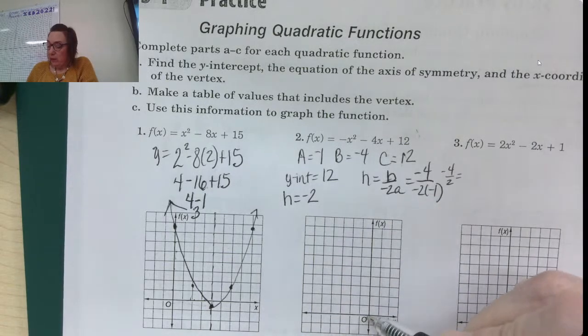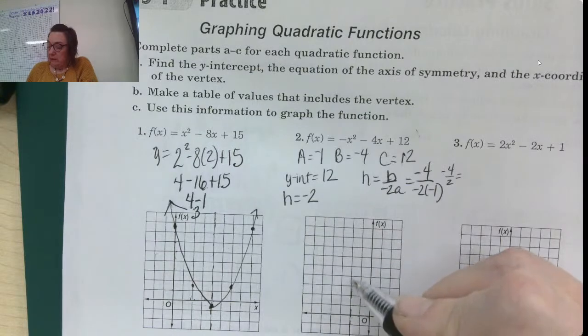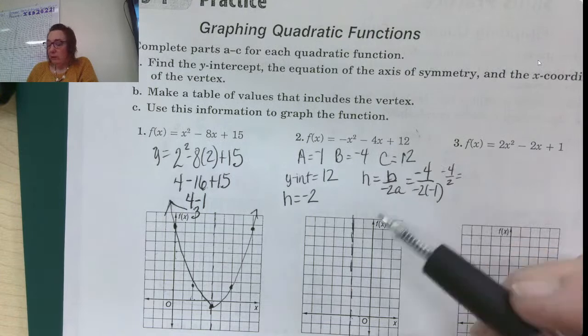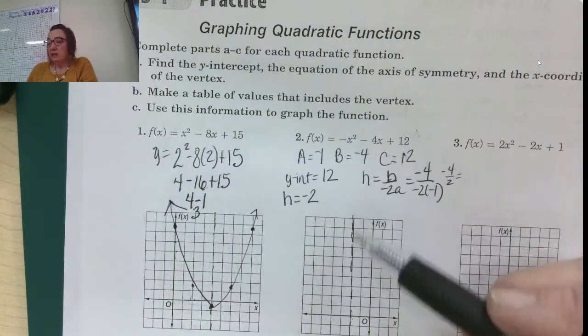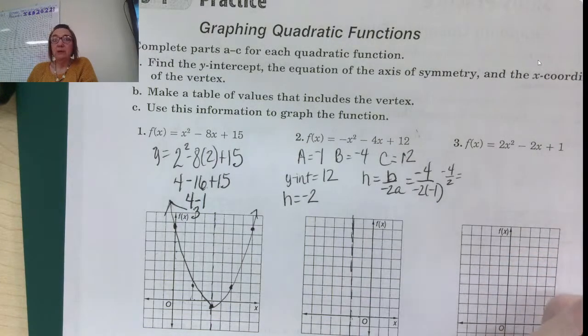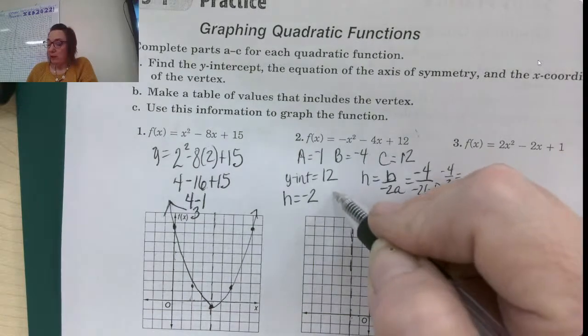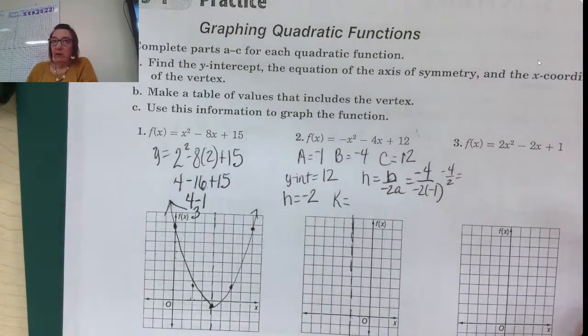That means if we go over this graph to -2, that's where our axis of symmetry will be. And our vertex is going to be on that line somewhere. Okay? On that line somewhere. Now where? Well, we just got to figure out by finding our k. And to find our k, we will do